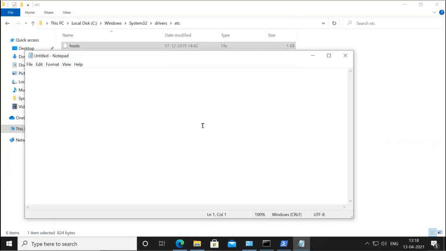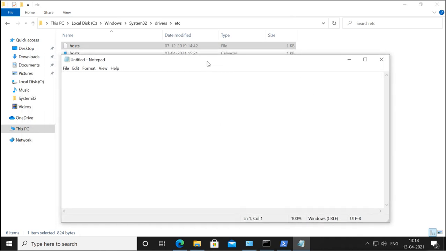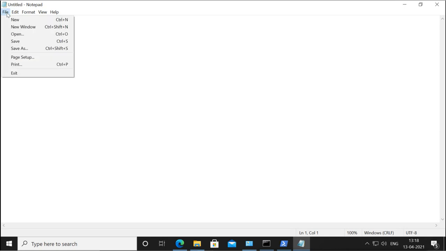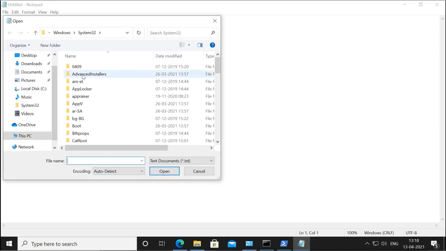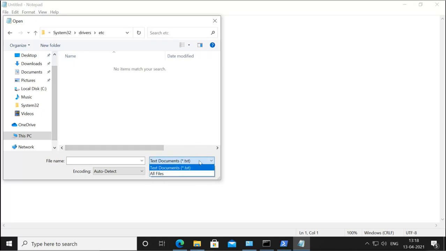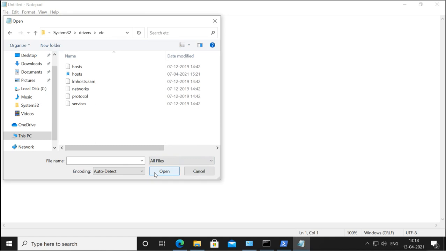Now I will open the file in this Notepad. I will go to File and Open, and then go to the location, drivers, under etc, and it is not showing any file because these files do not have any extension. So I will say all files, and this is the file.